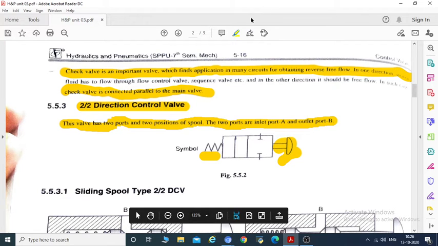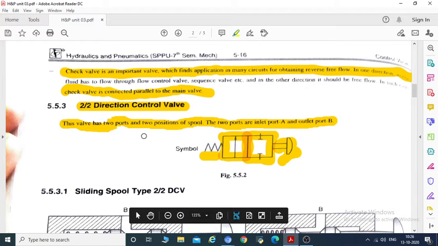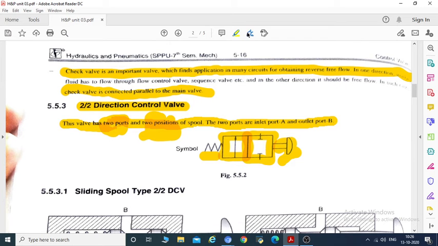So just see here, this is position 1. I am explaining that this rectangle denotes position 1 and this rectangle denotes position 2. Okay, so this is clear, this has two positions, and where are the two ports or two ways? Just see here.